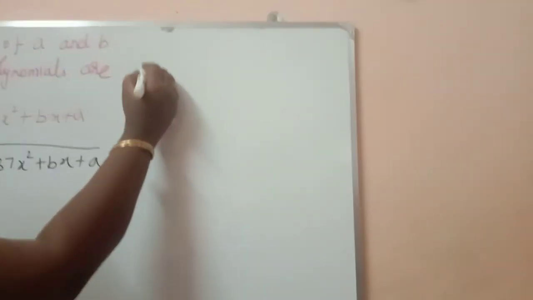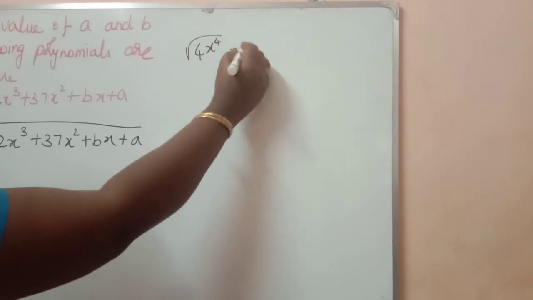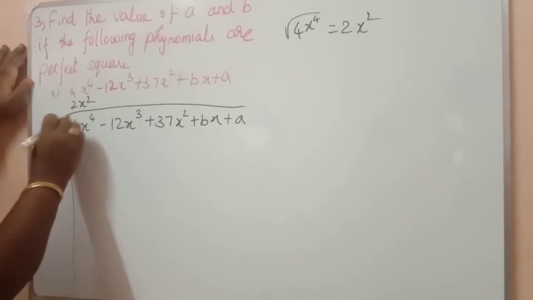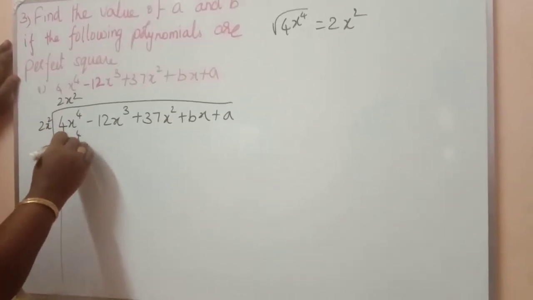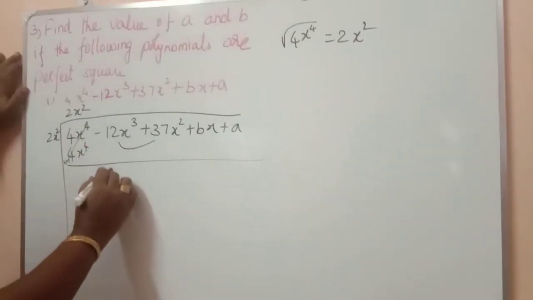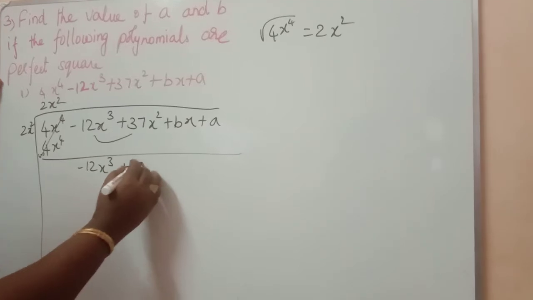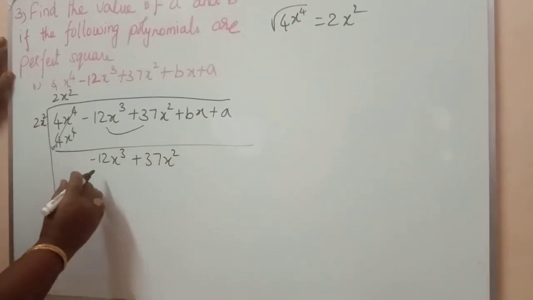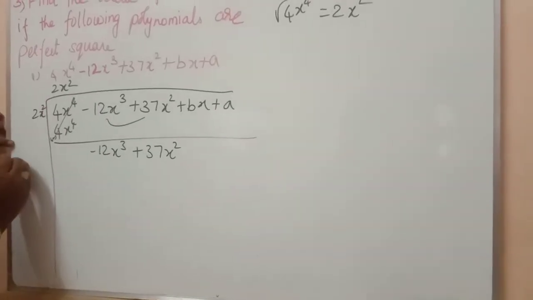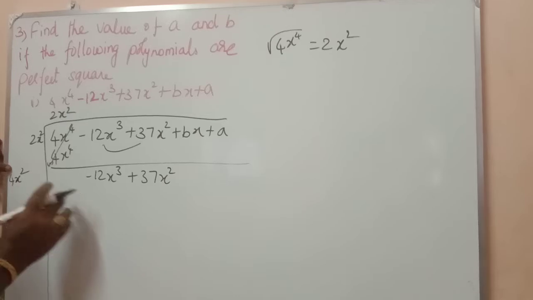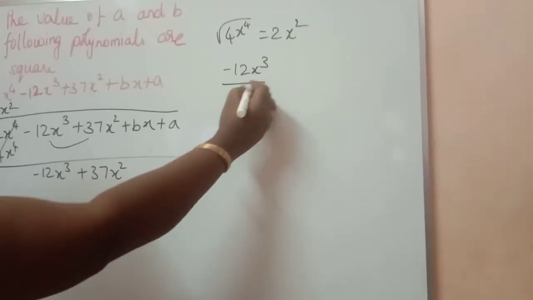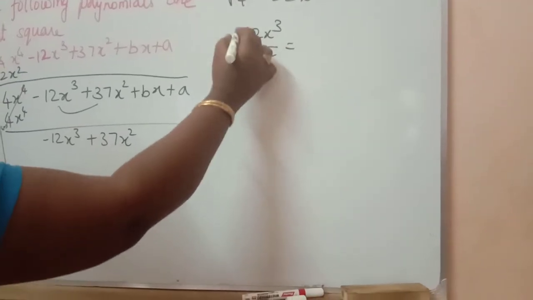So square root of 4x power 4. It is equal to 2x square. So right at the top and at the left, and multiply these two, you will get 4x power 4. Change the sign, it will be cancelled. Bring the next two terms, minus 12x cube plus 37x square. Then left, multiply the terms at the top by 2, so 4x square. Next, first term by first term, minus 12x cube by 4x square. Different sign, minus